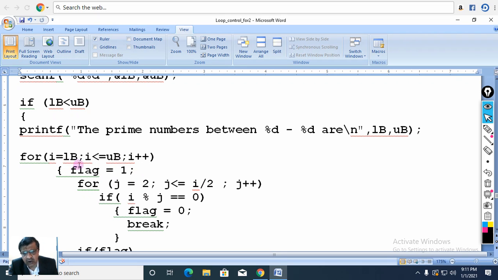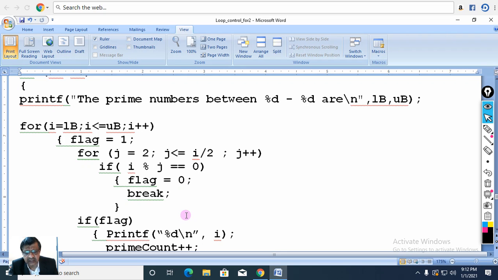So in the first iteration, what comes into the inner for loop is 13 or 12 or whatever. It should be divided, up to half of its value starting from 2. Any number that is sent by the outer for loop should be divided starting from 2 up to half of its value. Half of its value is over here, I, which is brought by the outer for loop. I may be 12, I may be 13, or up to 13 by 2. Starting from 2 up to 13 by 2 as an arbitrary example, of course, j++. If in any division I mod j equal to 0, flag should become 0,